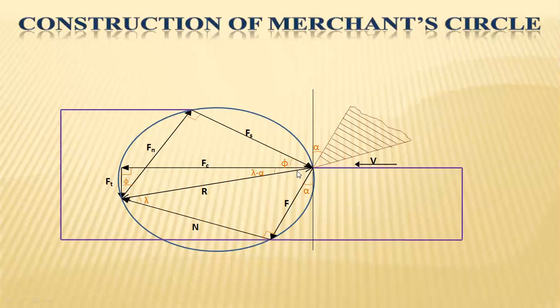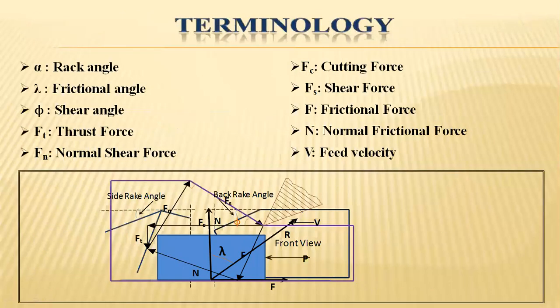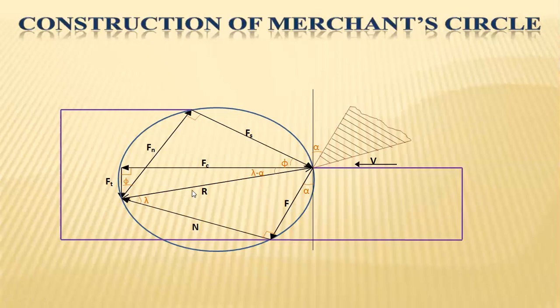By processing this cutting or shear angle, that is phi, that is maintained with respect to this lambda, the normal forces will be acting towards the material. So this is the material, the unwanted material that should be removed in the machining process. And exactly perpendicular to the normal forces, the shear forces will be confined with respect to the tip of the tool. Hence, these are the shear forces occurring because the material has to be removed only under shear conditions.